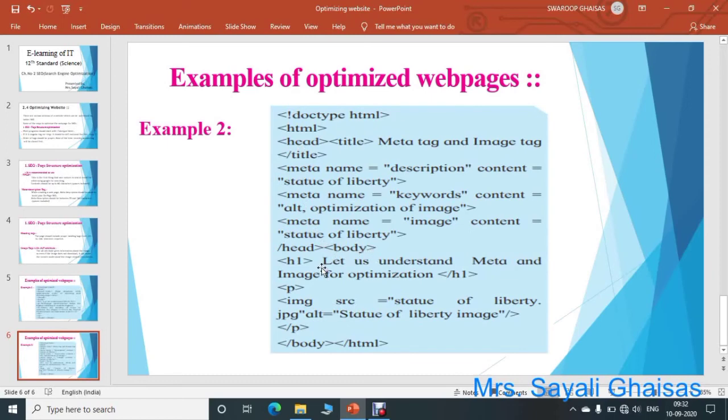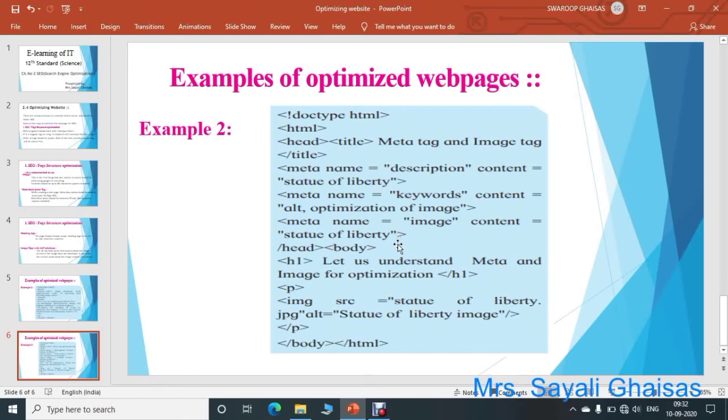Within a body tag they have used the h1 tag to provide heading. Let us understand meta and image for optimization. Within the first example we have seen ordering of the tags and closing of the tags for optimization. Within this program we are going to understand meta and image tags for optimization.